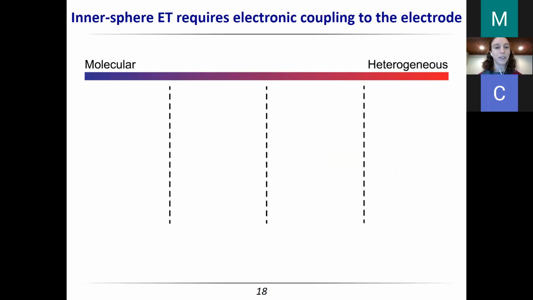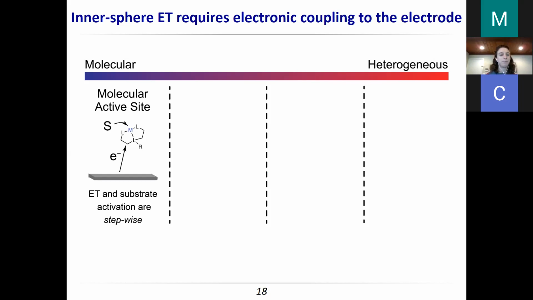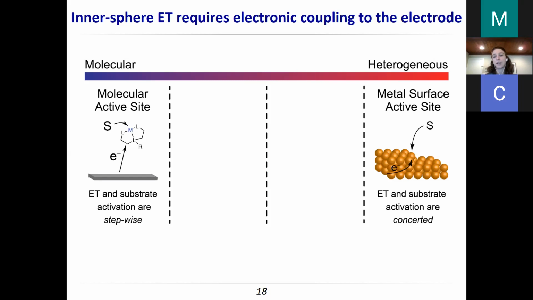So if I can give you a visual for that, we have our molecule on one side, we're doing stepwise electron transfer, substrate activation, outer sphere process, lots of molecular control. If I'm instead at, this is back to our gold electrode, but any electrode, I get the benefit of continuously increasing the driving force by increasing the potential at the electrode. I have this inner sphere pathway. These could be really efficient in catalysis, but I don't know what the active sites look like.